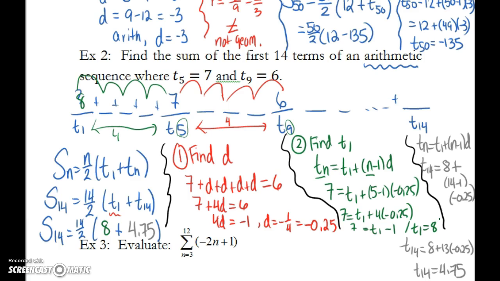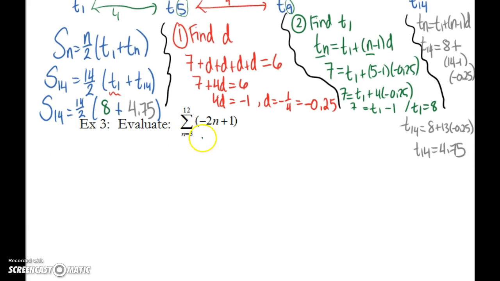Now it's a matter of evaluating. So 8 plus 4.75 times 14 halves, or times 7, 89.25. So our final answer is 89.25. That's the sum of the first